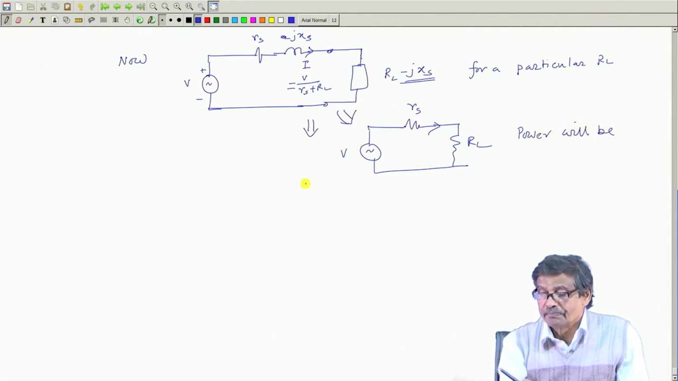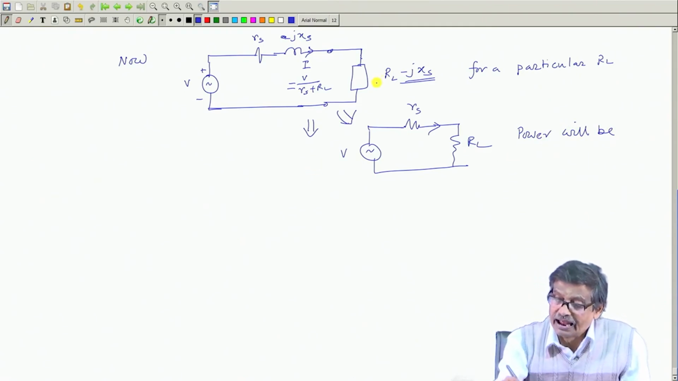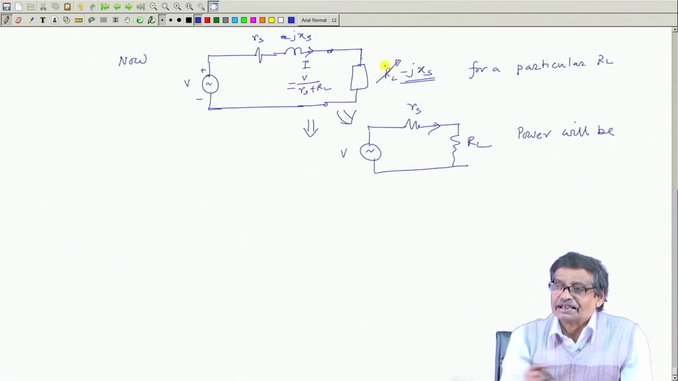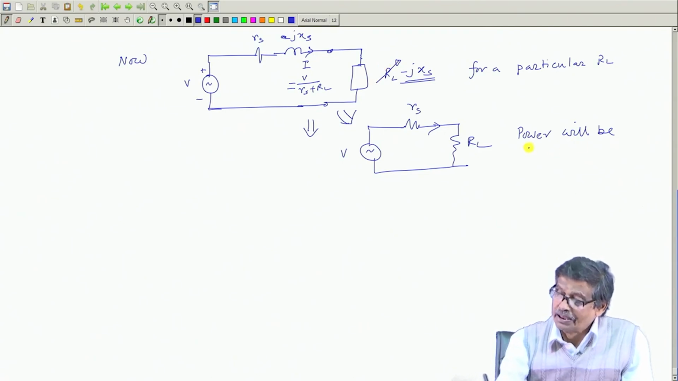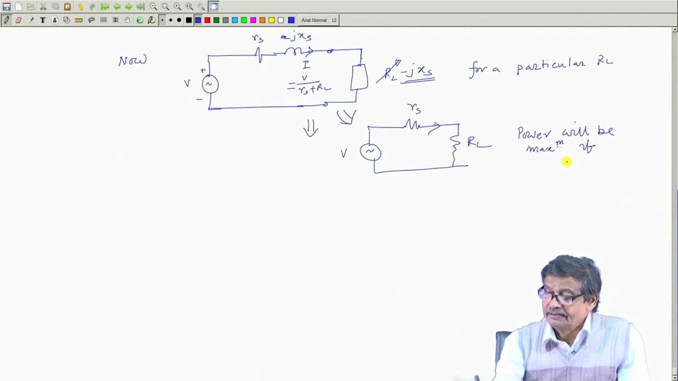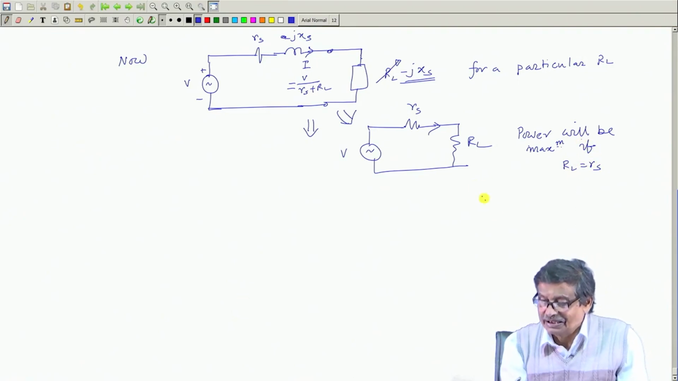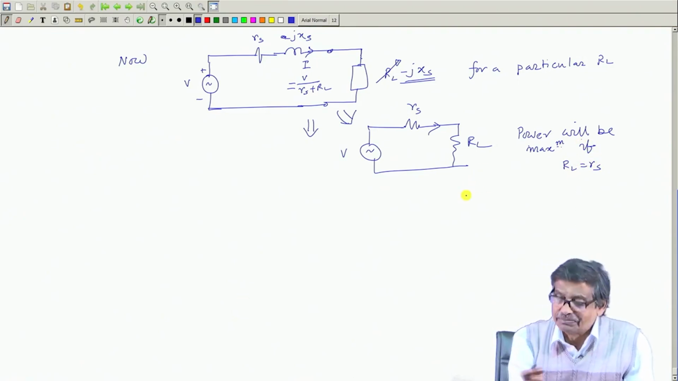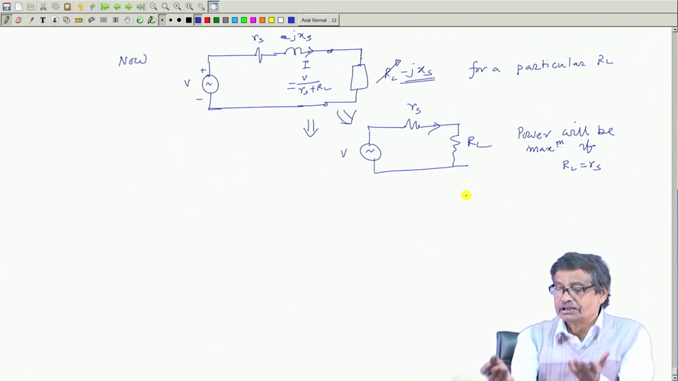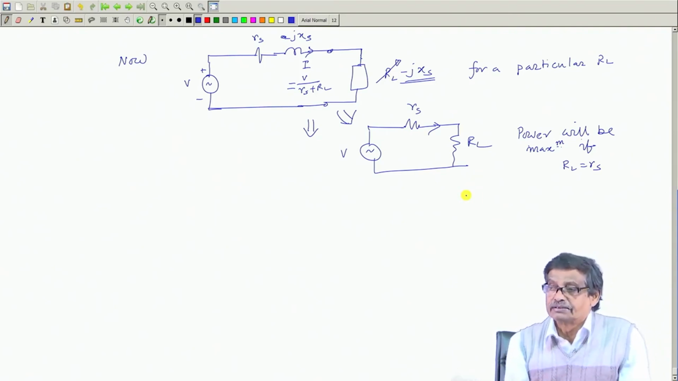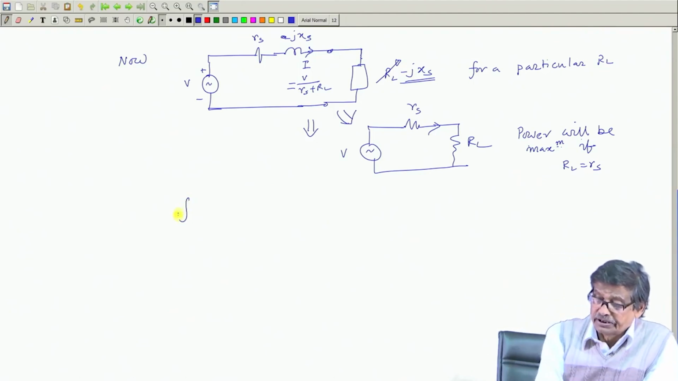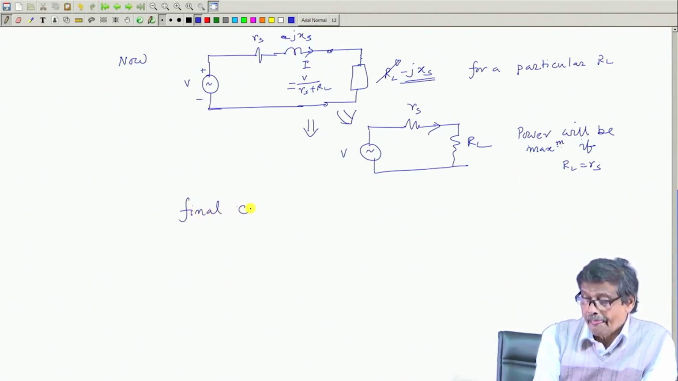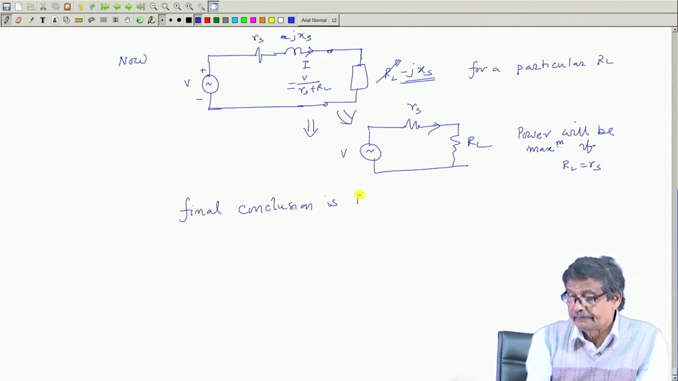Now, I have fixed XS and I will vary RL. This is the second stage I am doing. Power will be maximum if RL equal to RS, and this need not be redone, because I have already done it in a circuit. Supply voltage is V, RS, RL, resistive circuit. What is this? So, the final conclusion is that